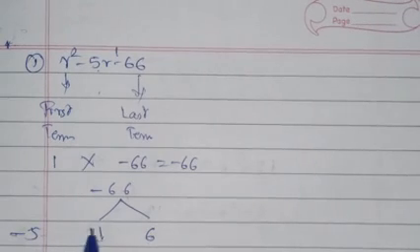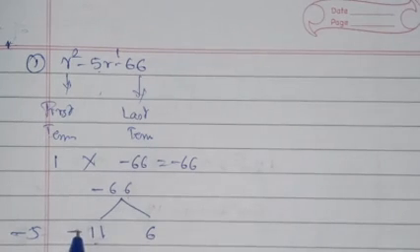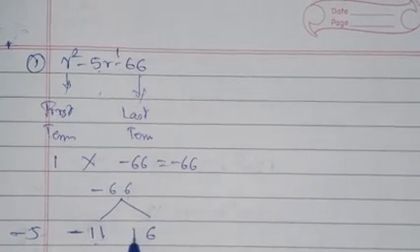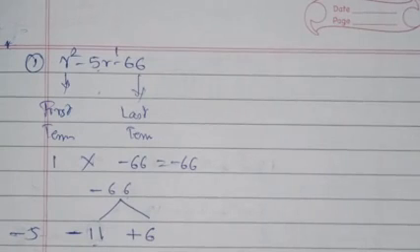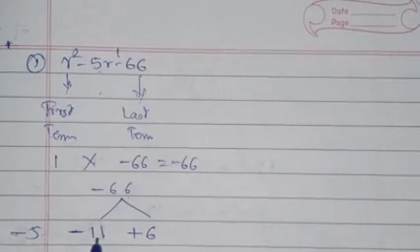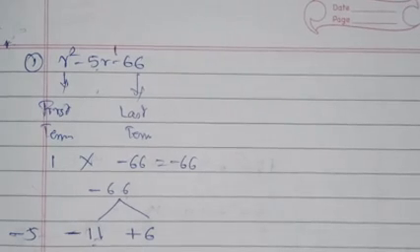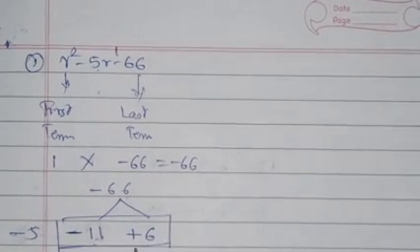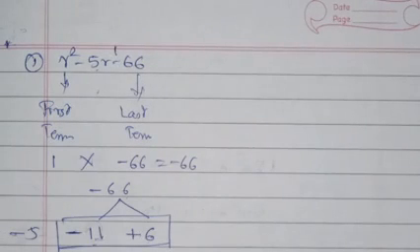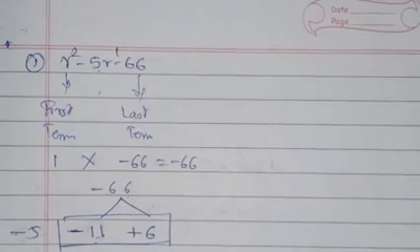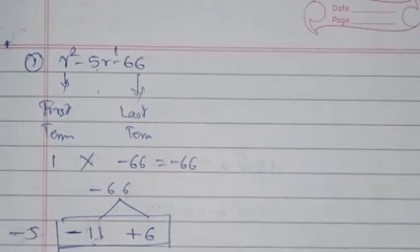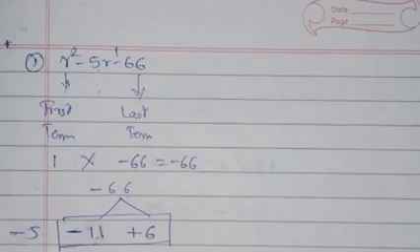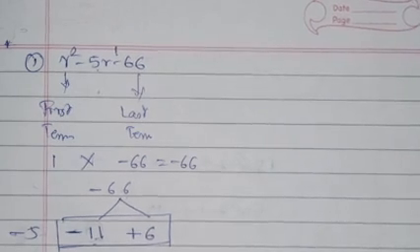So we have the bigger term or the larger value goes to the minus sign and the smaller term is the plus sign since we want to subtract. So -11 plus 6 we get -5. So these are the important factors to factorize this quadratic equation. So we can write here now r square minus 11r plus 6r minus 66 equal to 0.